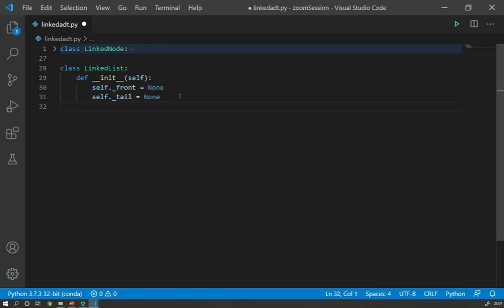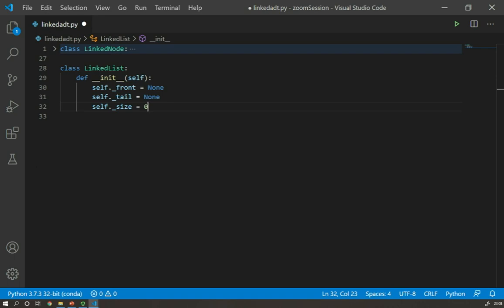Okay. But I want to do something else as well. If I want to know the size of my list, I will have to traverse all that list, which is pretty expensive. So it will be better for me if I had an additional attribute to store the size. So I don't have to traverse the list every time to be able to know the size of my object, because it's a property that is going to be used very often. So here I'm going to add another attribute called size.